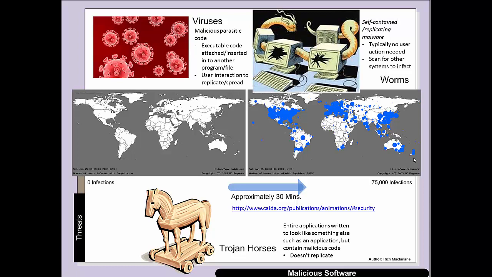It typically replicates and infects other parts of the system, or other devices or pieces of software or code, but typically needs some sort of user interaction. So the user has to run a piece of code or an application or a program for the virus to run and to spread. That is as opposed to a worm, which is a type of malware which can self-replicate,